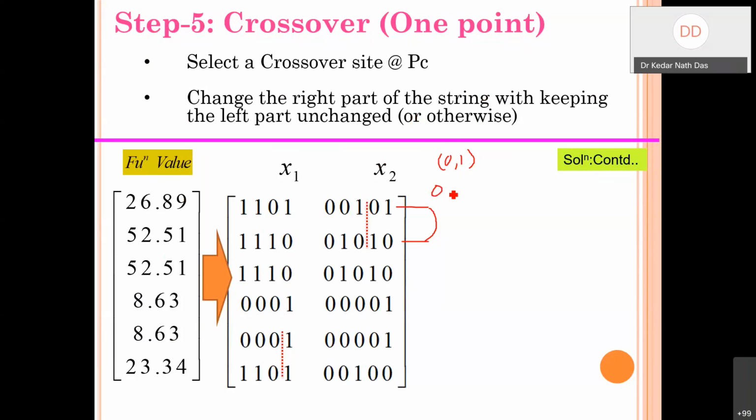Let us say that value is going to be 0.6, and the probability of crossover will always be very high, near to 1, say 0.9 or 0.95, something like that, and it should be prefixed before you start. If I am considering one pair, the first two, I ask whether the random number generated between 0 and 1 is less than the PC or not. If it is less than, then these two pair,